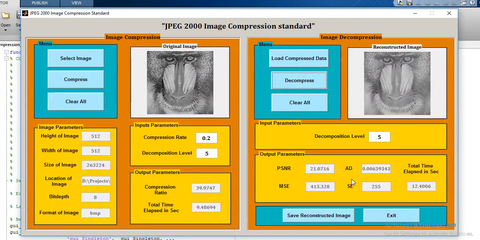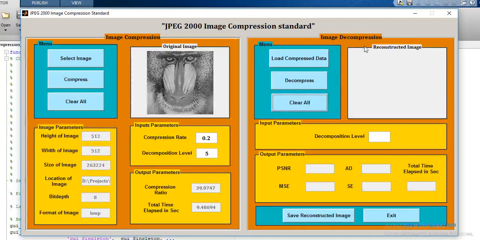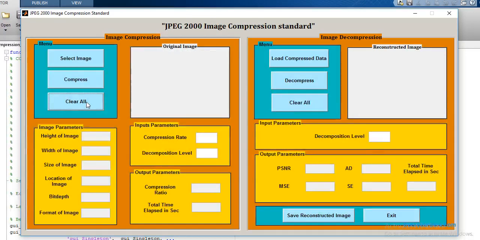The value of structural content that I am getting is equal to 255, and the total time required for decompression is equal to 12.40. And we have one more button, that is clear all. It will clear all the content of the decompression. And here we have one more clear all button. It will clear all the content of the compression side.